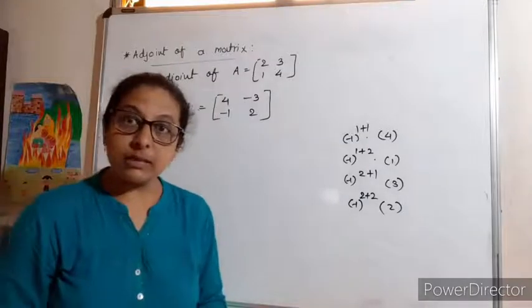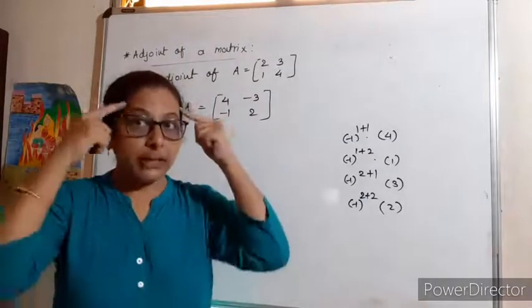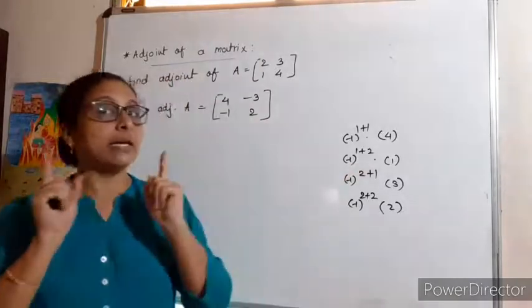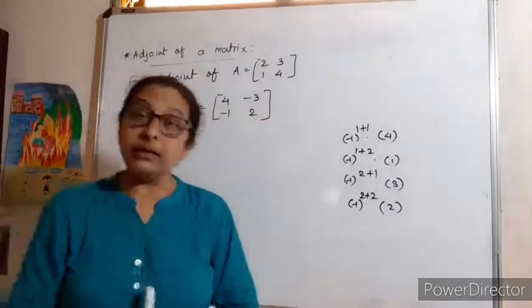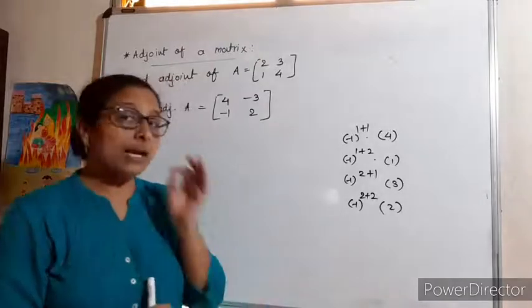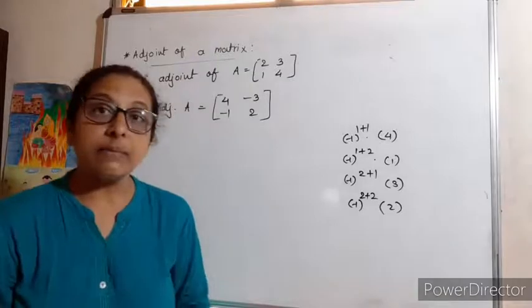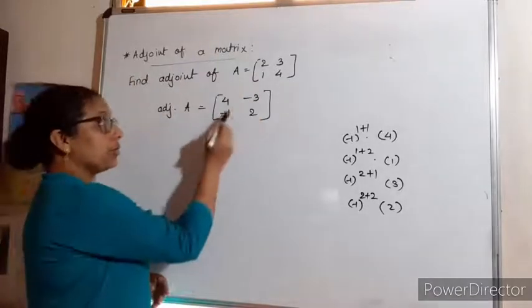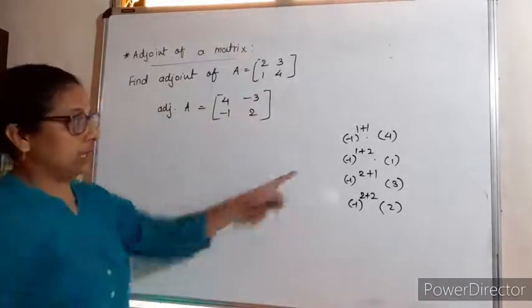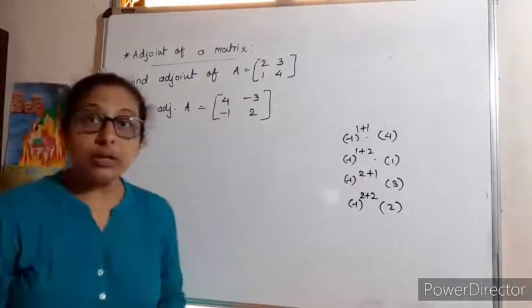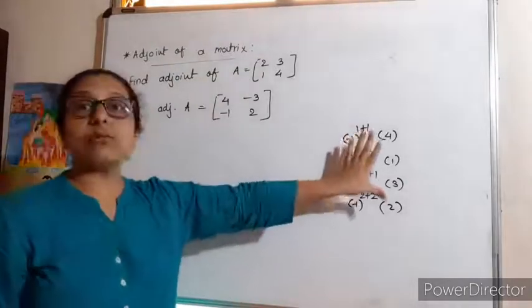You understand this? फिर से बोल रही हूँ. Keep in mind, find it row wise, write it column wise. Another thing is कि आपको एक याद रखने वाली चीज ये है. If you want to do it faster, तो ये याद रखो कि ये दोनों places पे sign change होती है. देखो here and here, बाकी places पे नहीं होती है, तो हमें ये check करने की भी जरूरत नहीं है.